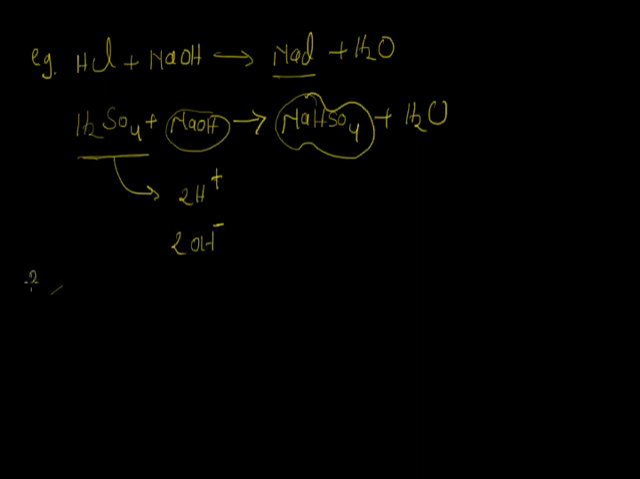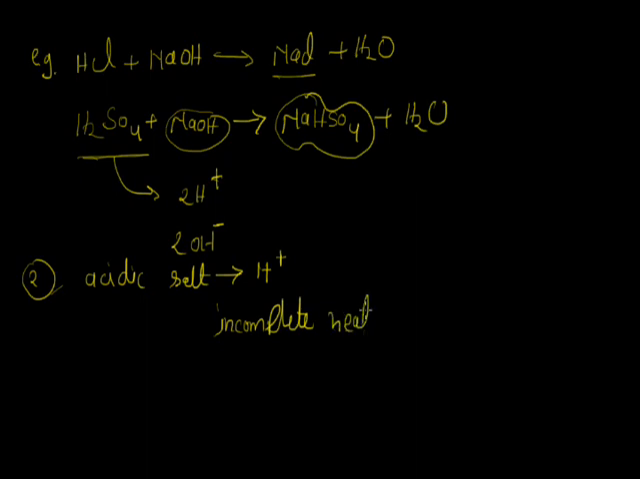The second type of salt is acidic salt. Salts which contain replaceable hydrogen atom or H+ are termed as acidic salt. These types of salts are obtained by the incomplete neutralization reaction. For example,